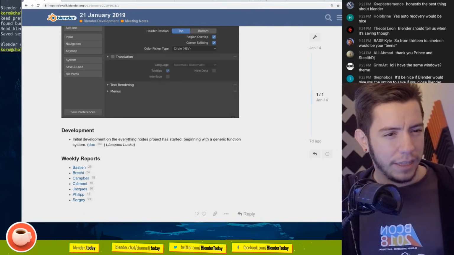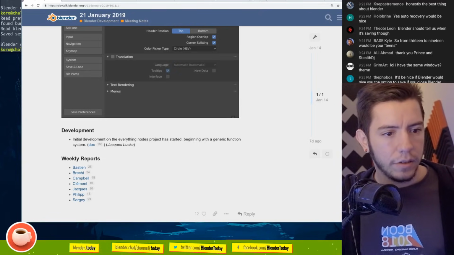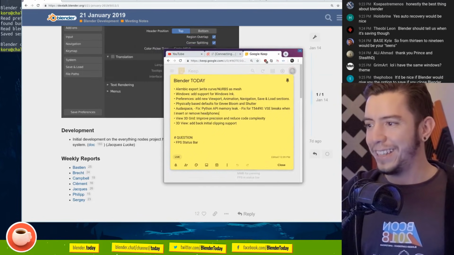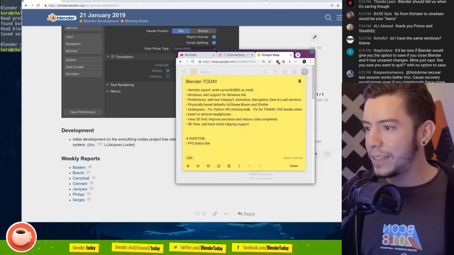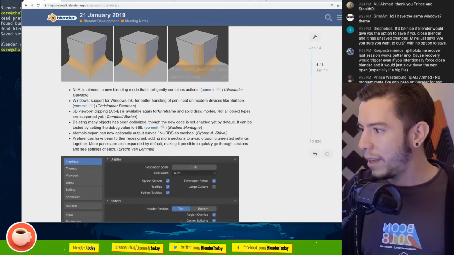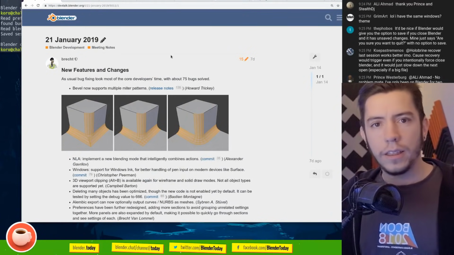Let me see if I have anything else. Oh, the grid. So this is what I have on my list of the things that I save every week. Oh, physically based defaults for Eevee. Yes. So this is not on the list, actually, but it was added recently. There